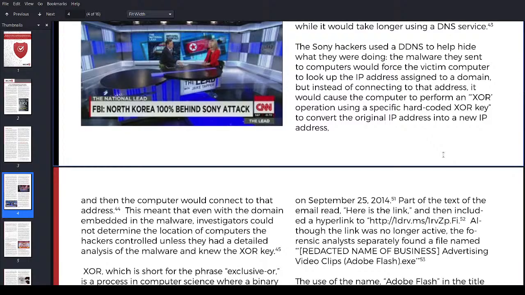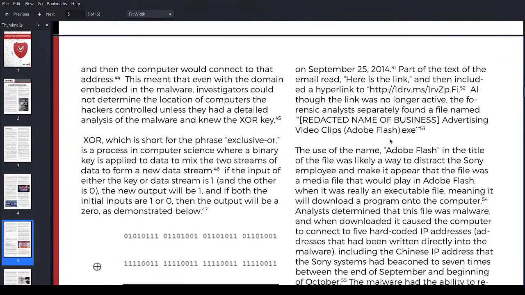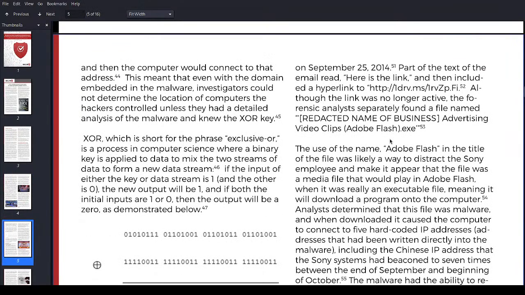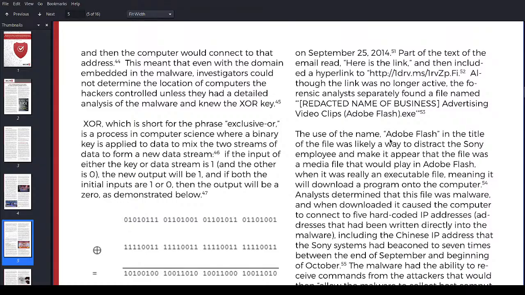The malware they sent to computers would force the victim computer to look up the IP address assigned to a domain, but instead of connecting to that address, it would cause the computer to perform a XOR operation using a specific hard-coded XOR key to convert the original IP address to a new IP address, and then the computer would connect to that address. That meant even though the domain was embedded in the malware, investigators could not determine the location of the computers the hackers controlled unless they had a detailed analysis of the malware and knew the XOR key.